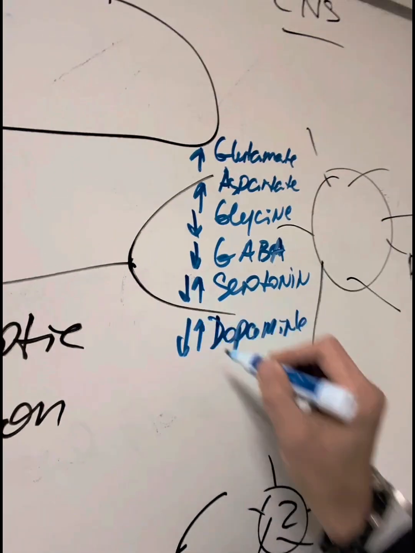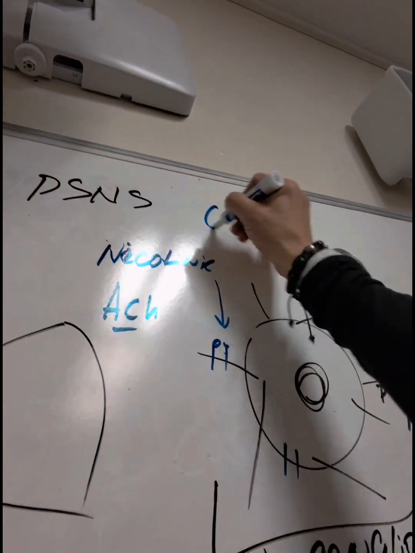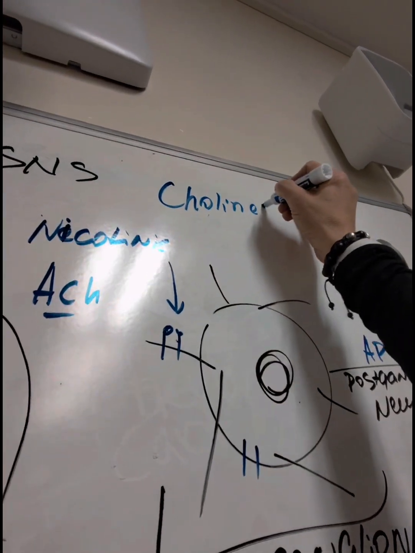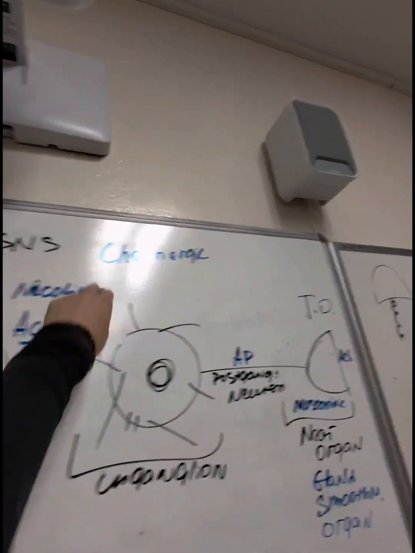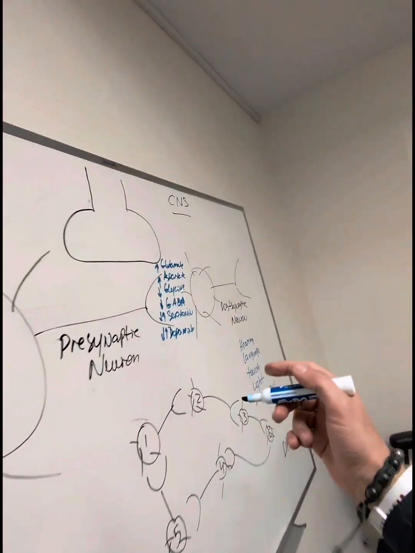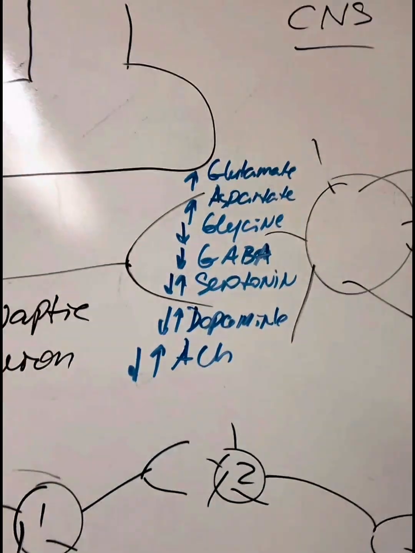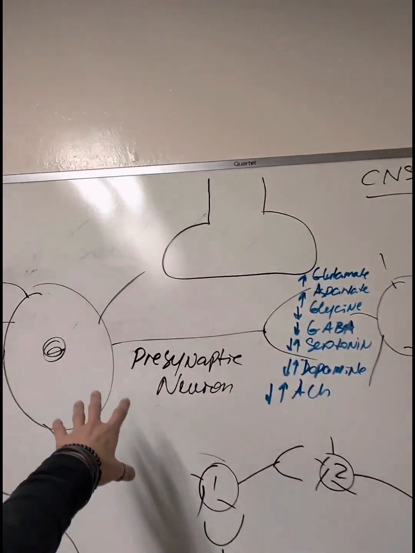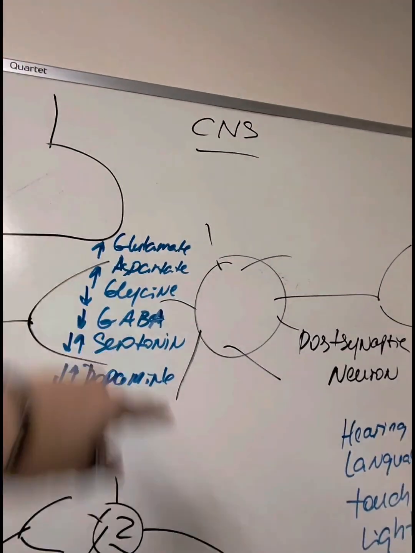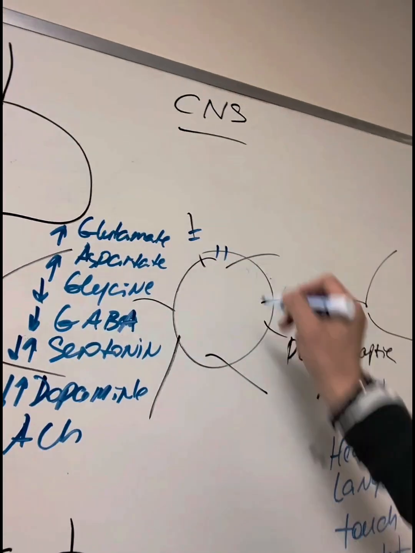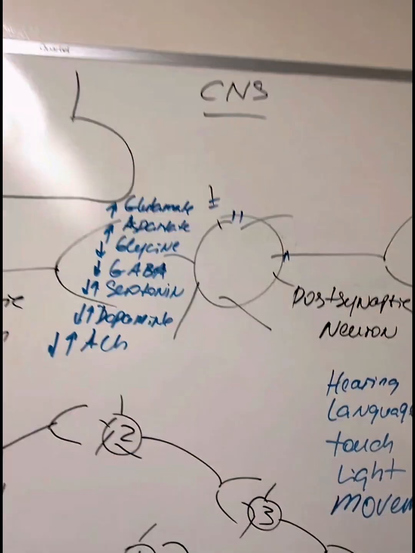It could be dopamine as well, which can also be excitatory or inhibitory, and it can also be the nicotinic, cholinergic. By the way, cholinergic means acetylcholine. So acetylcholine also can be excitatory or inhibitory. So basically in the presynaptic neuron, we can release either excitatory or inhibitory neurotransmitters. It will bind to the receptors on the cell body, on the dendrites, somewhere in the axon hillock, and transduct